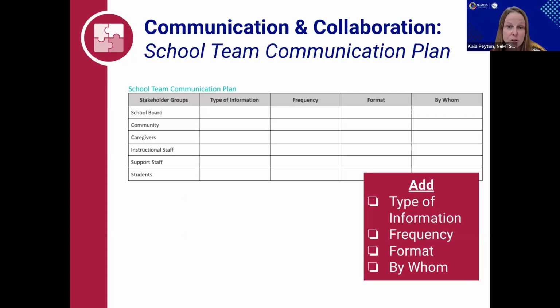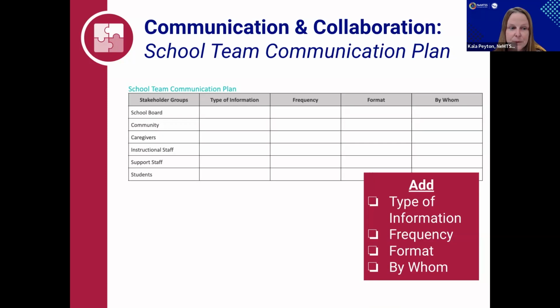Collaboration and communication are essential to the functioning of any system of support, as multifaceted as NEMTSS. As such, it's important for school teams to ensure effective communication between staff about all aspects of the system. Transparent communication about what is working, what is not working, and the adjustments underway will be critical to the success